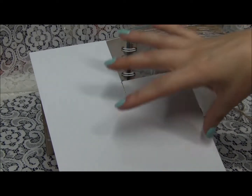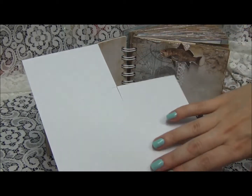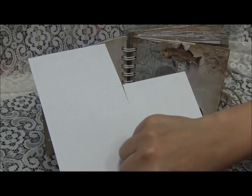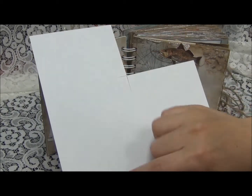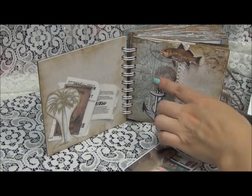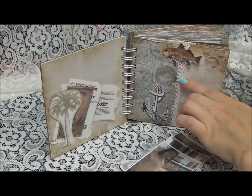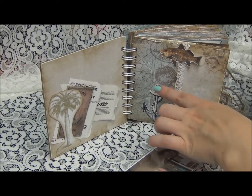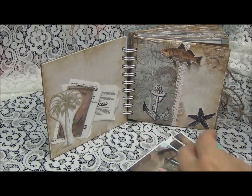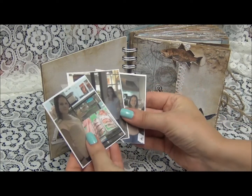So what I wound up with is a 5.5 and 5.5, and whatever, two narrow strips. I'm so bad with math. So this is how the narrow strips look, and they're pretty good width, right? And I added some lace in here, and some ephemera here and there, and the star in there. And I already printed out her